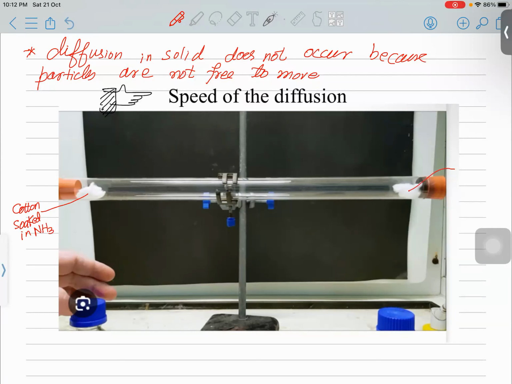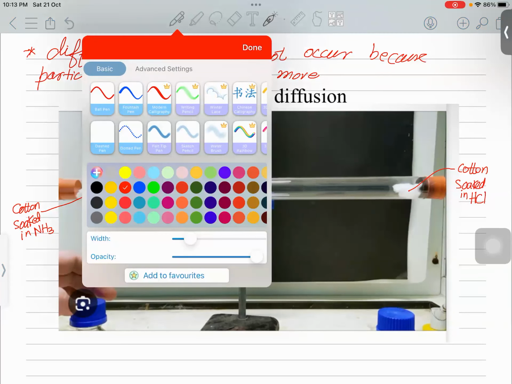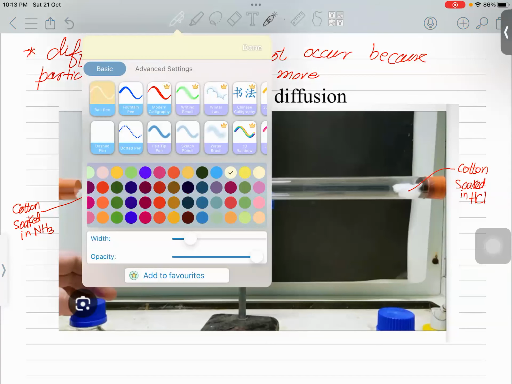Here we have cotton wool soaked in HCl. So we need a ruler, right? Now after some time,